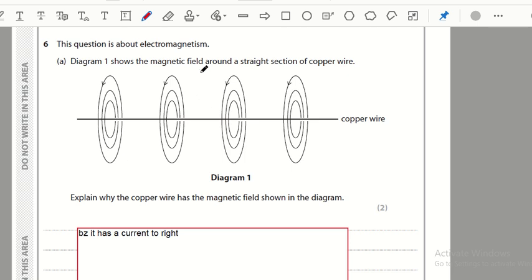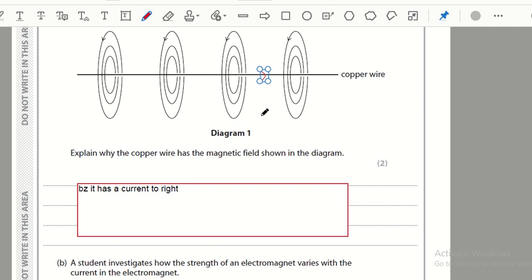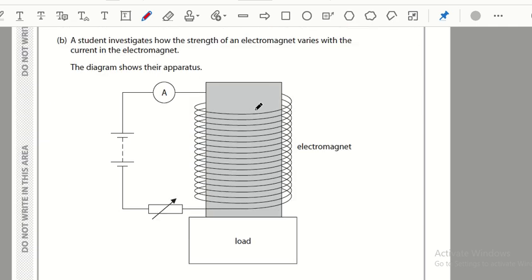Here is a magnetic field around the section, and explain why the field is shown like this. So we can use the right hand grip rule, and we will find that there is a current that goes to the right in the wire. For an electromagnet like that,